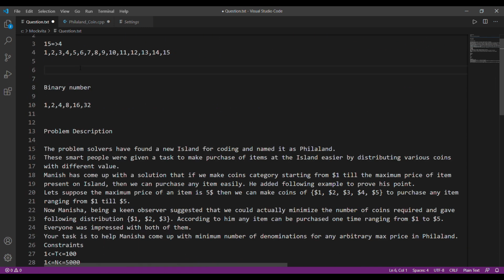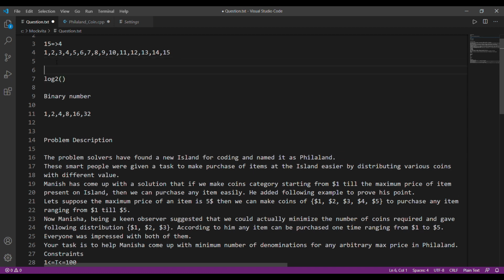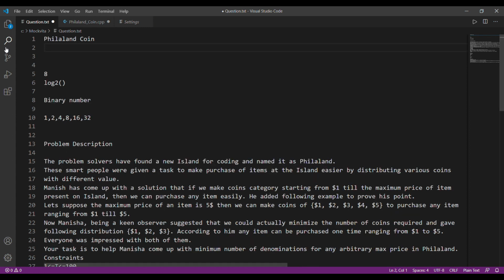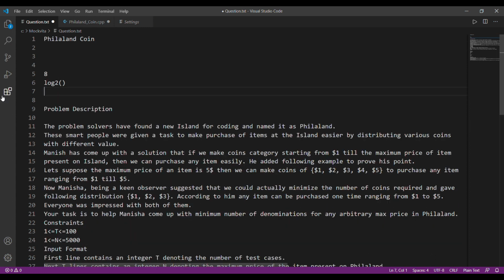And this was the solution that most of us came up with. So in actual, we were only supposed to find the log 2 of that number. Let's just take an example. Suppose the maximum price of that item was 8, and we were asked how many denominations are required.